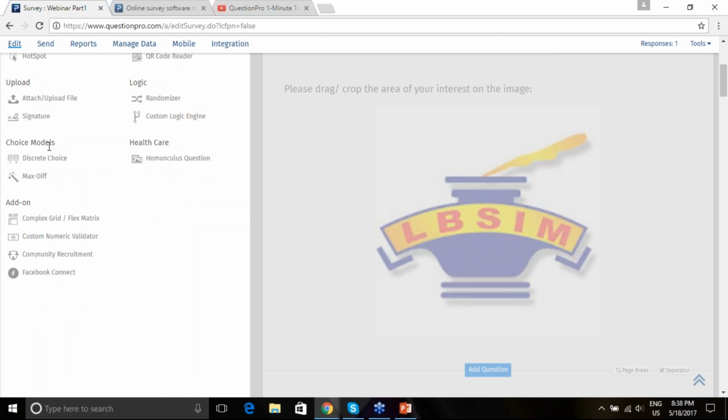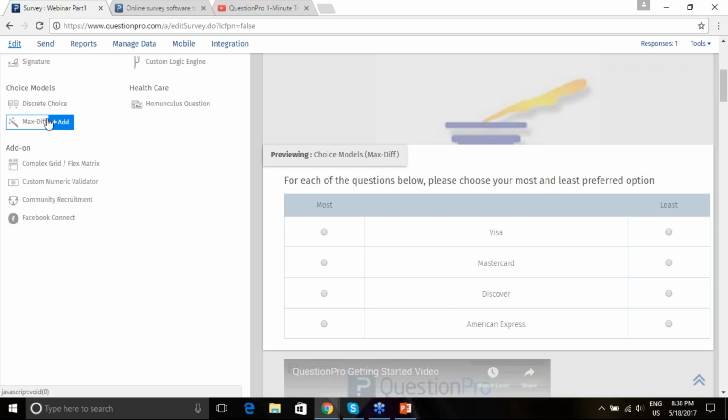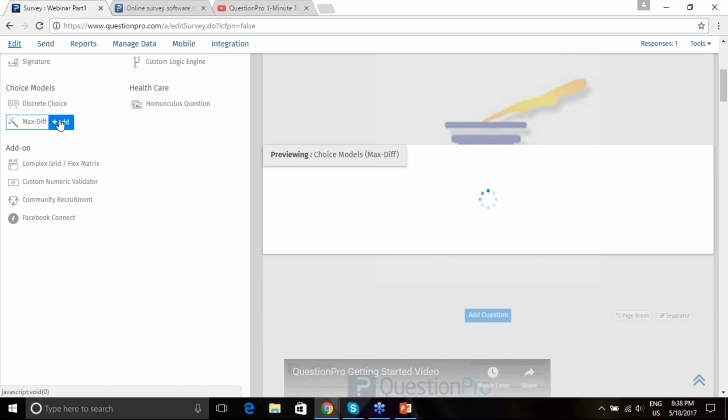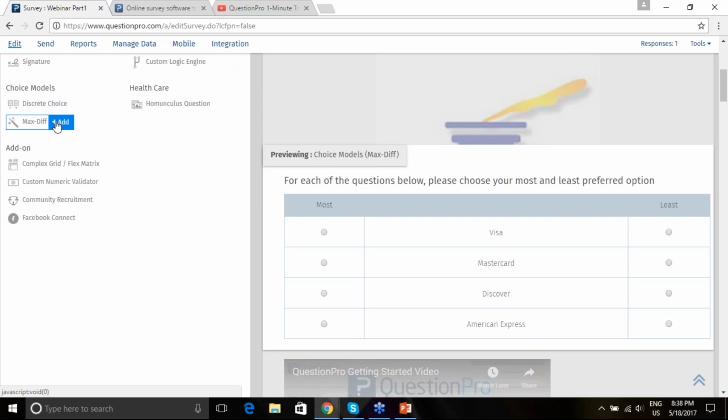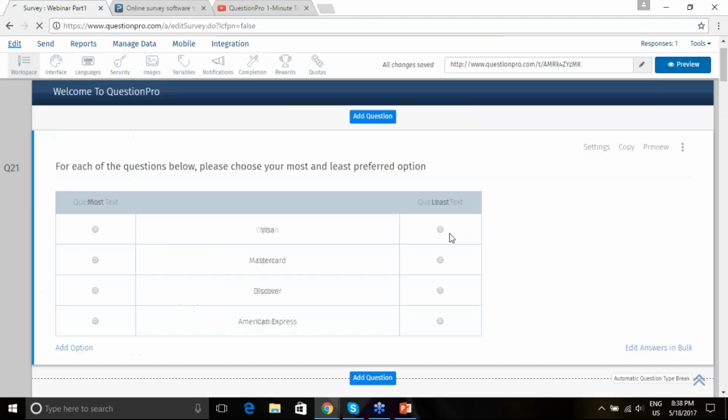Then another option over here is choice models. In choice models, again, we have discrete choice and max diff analysis. These question types are basically used for in-depth analysis of customer preferences or customer choices. So let's say if I select max diff,